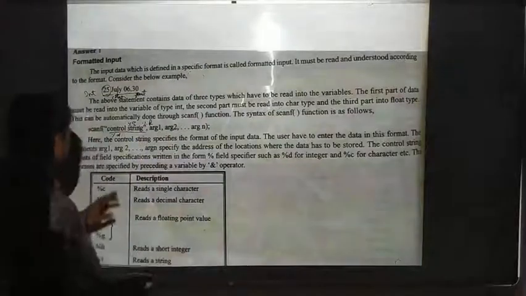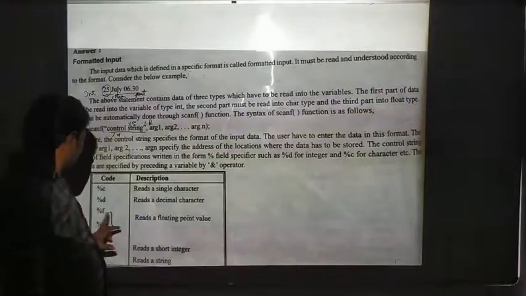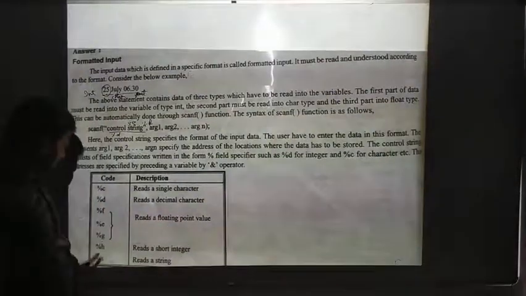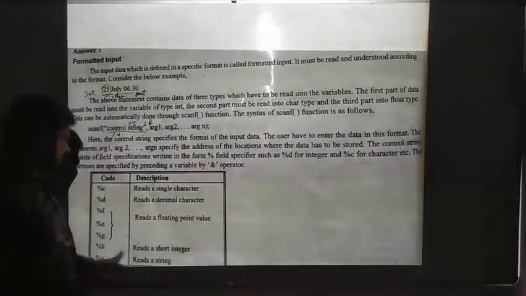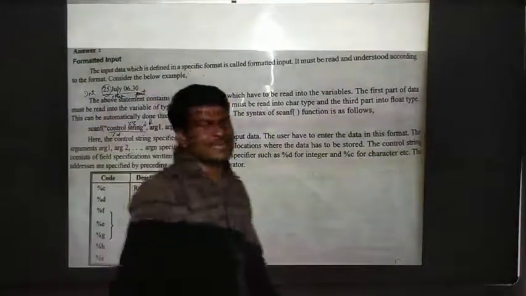Here you can see %c reads a single character, %d reads a decimal integer, %f, %e, %g read a floating point value, %h reads a short integer, %s reads a string.